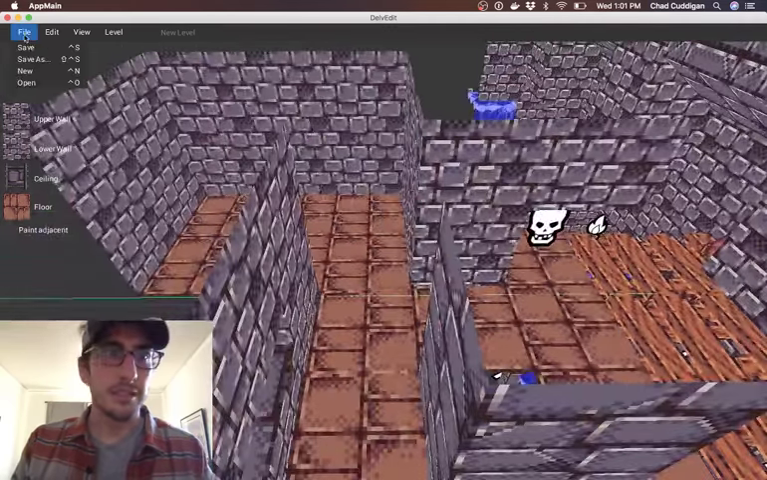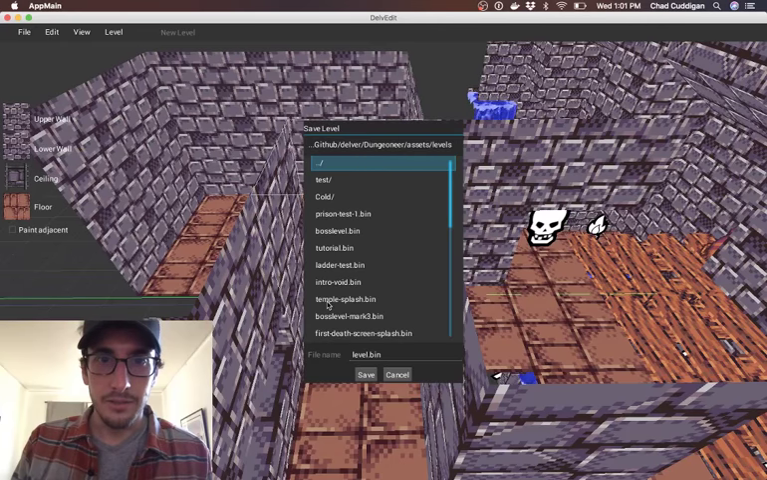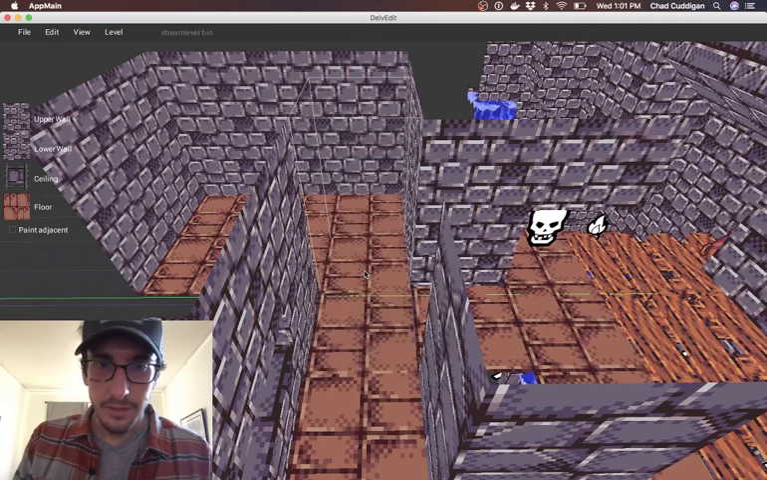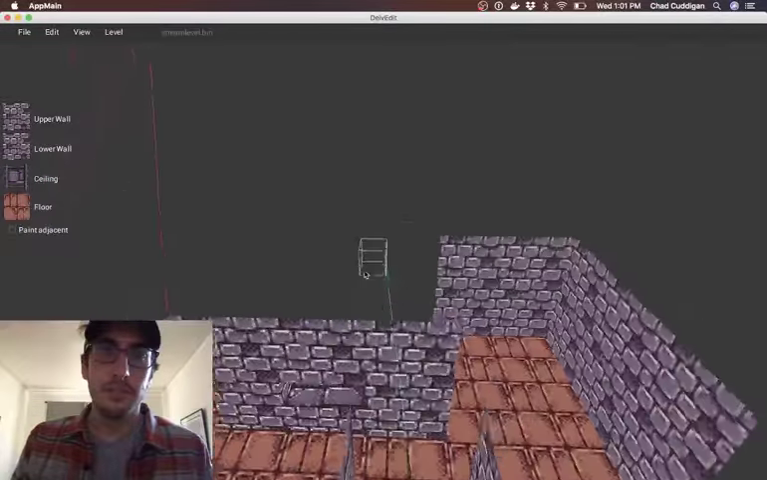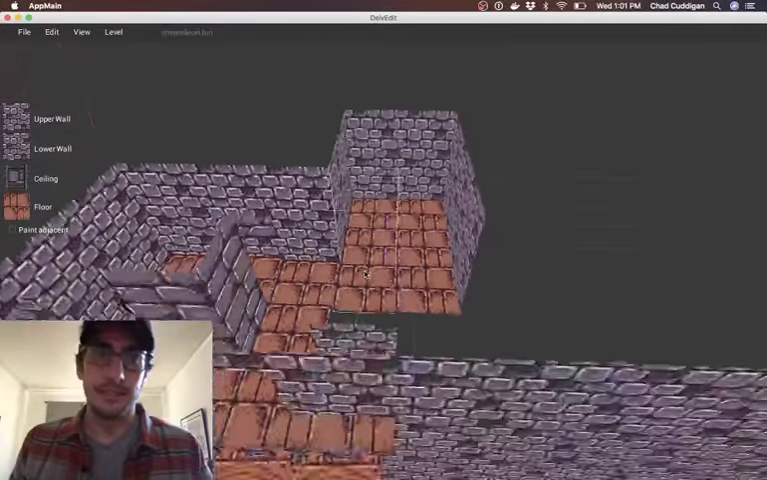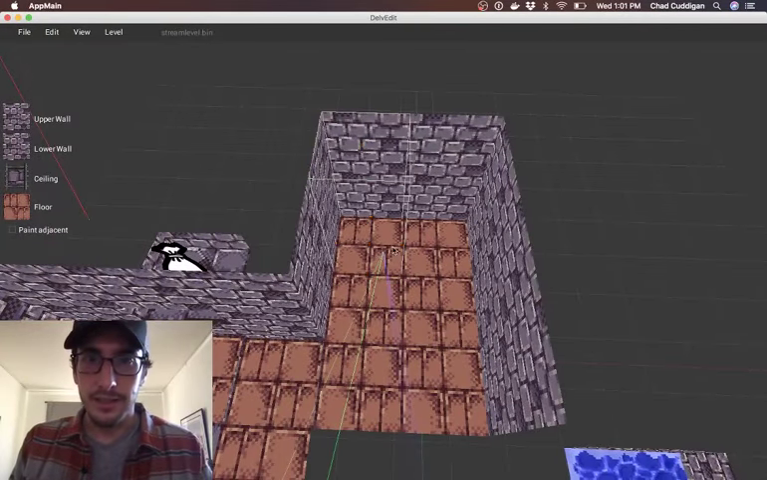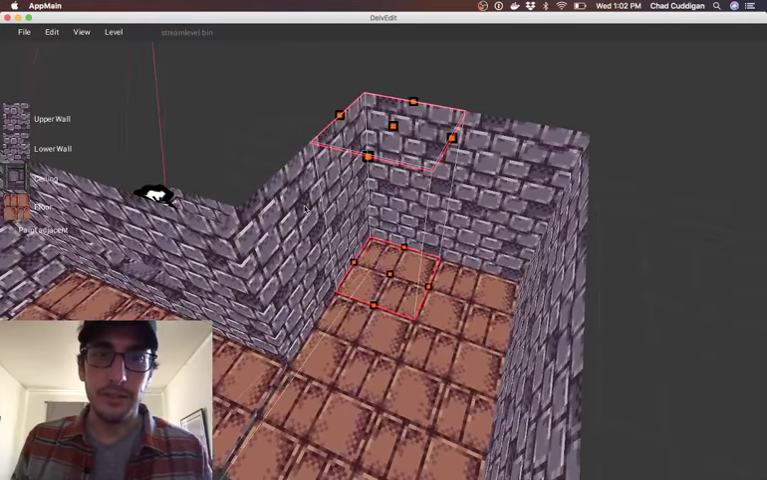I should probably save this level sometime now. I'm gonna go to levels and then test, and what do I call this? Stream level. Oh, diagonal tiles. That is something that I should show off. If I select one of these tiles or just hover over the top of it, if I hit the U key,